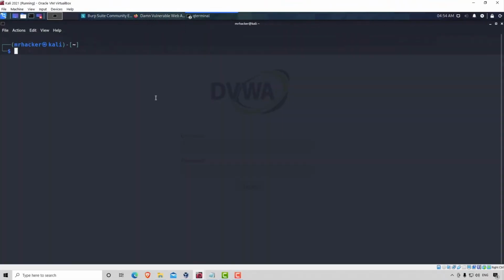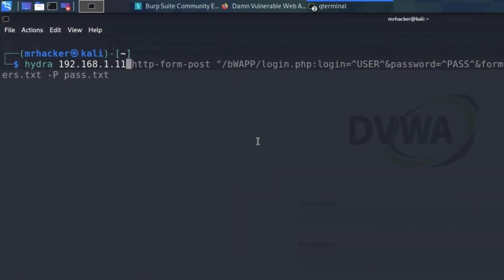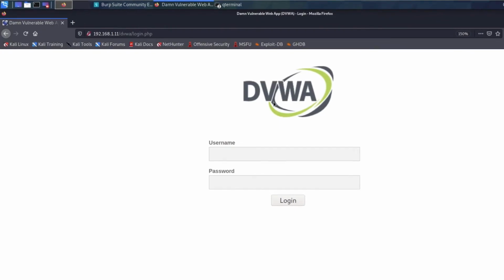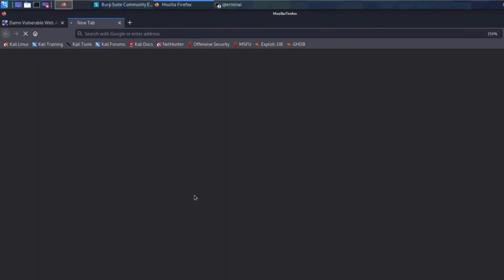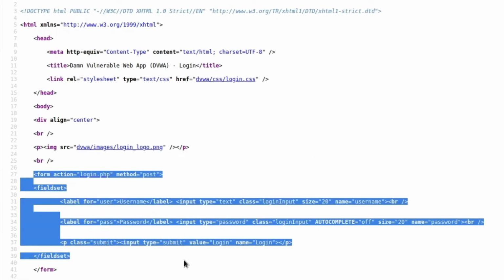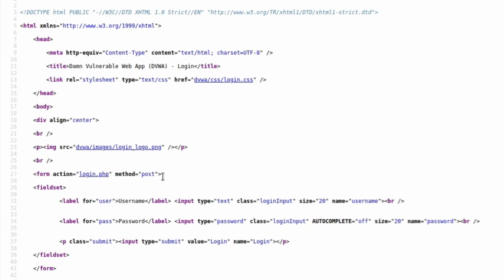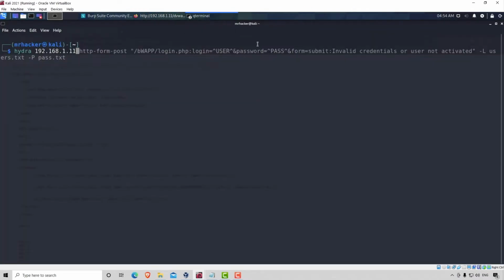As we remember from the previous video, the first thing that we do is we specify the IP address of the target that we want to scan. Once we do that, we determine whether the credentials are being submitted with a POST request or with a GET request. To do that, we can go to the page and go to page source. Then, once again, we want to find the form where the usernames and passwords are being submitted, and here we will see that it is once again a POST request. Okay, awesome. So we're using HTTP